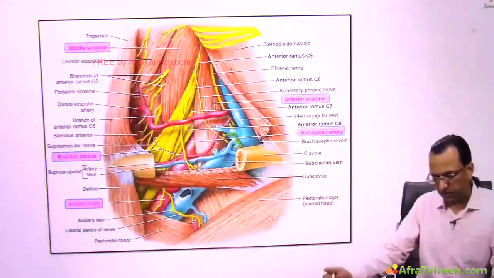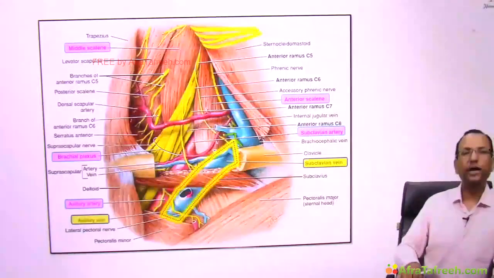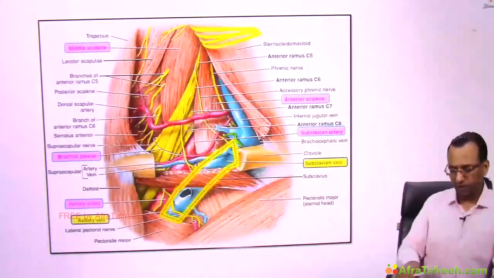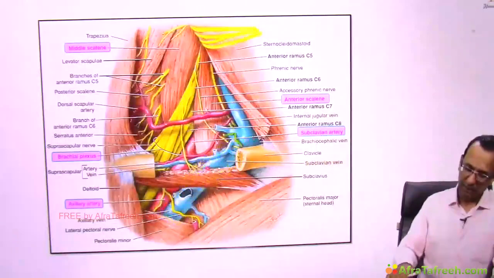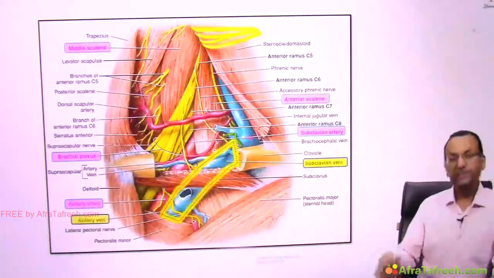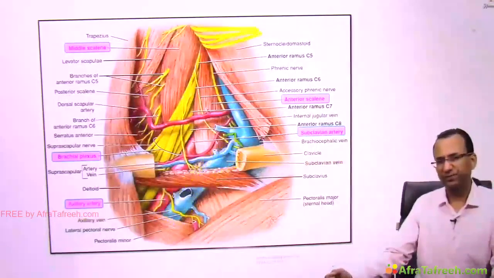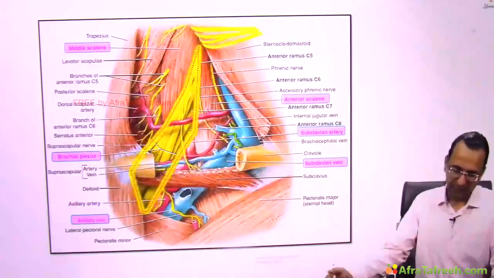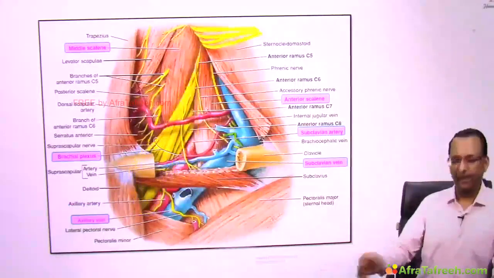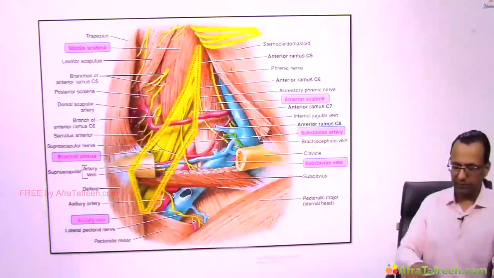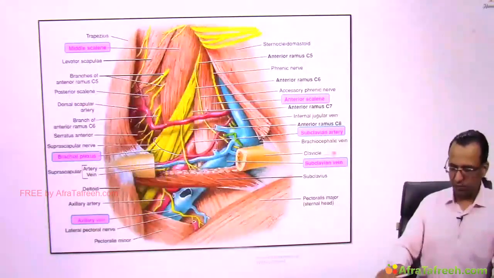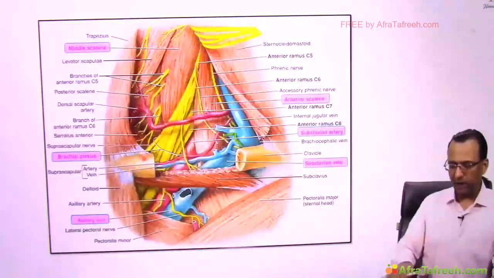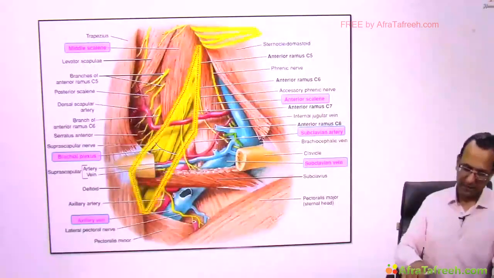This is the axillary vein, outside the axillary sheath, crossing the outer border of the first rib to enter the neck region and become the subclavian vein. Yes, that is what we have discussed just now. What is the brachial plexus doing? The brachial plexus was in the neck region, now passing behind the clavicle bone, which we have cut here. So it passes behind the clavicle bone to enter the axilla region,